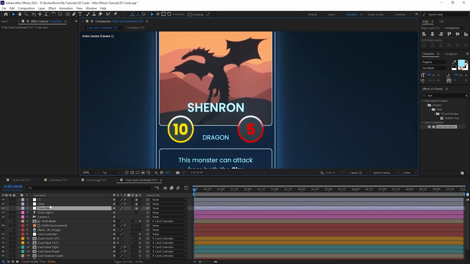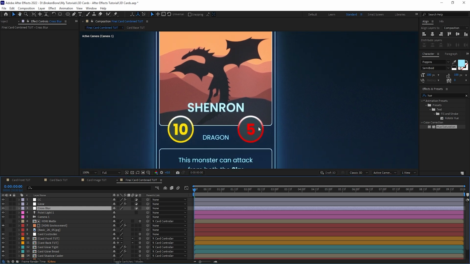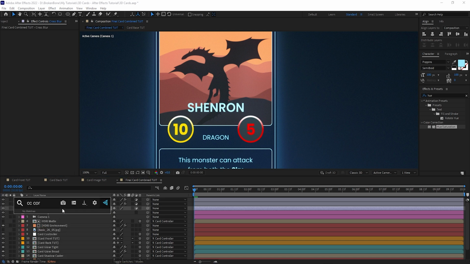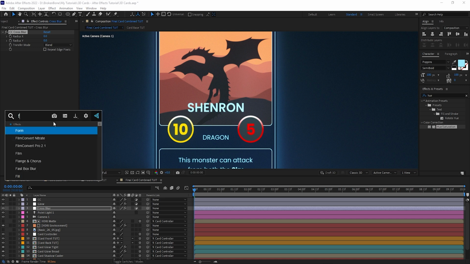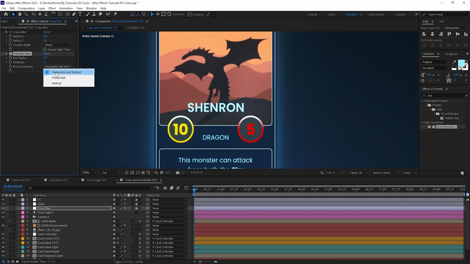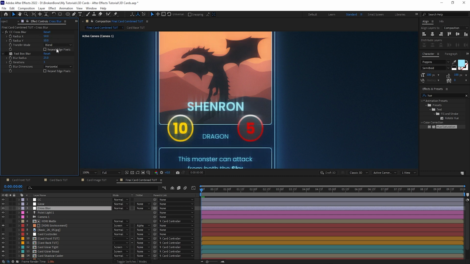Bring it below, and what we're looking to do is add some diagonal streaky glow lines. So to achieve that, we'll add the CC cross blur effect, and what this effect does is basically the same as, say, adding a fast box blur and making the blur dimensions to horizontal and just increasing the blur radius. So if you turn this off, increase the radius X, it's pretty much the same effect. We'll set the X and Y to 50%,